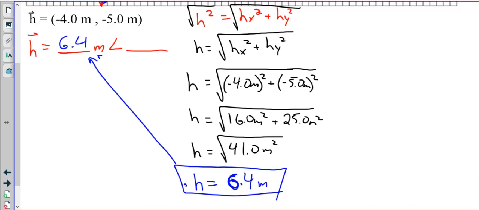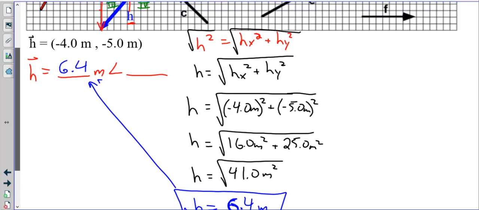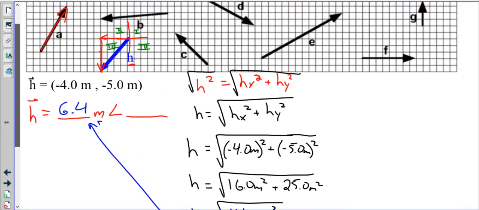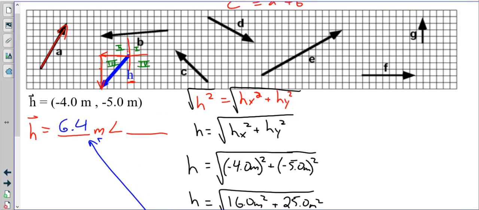Now I have this set up for the polar coordinate version. I'll write this answer down 2 different ways. I believe the instructions are just to write it in polar coordinates. So next we have to figure out the angle. The angle is found from the tan function. So the tan function says